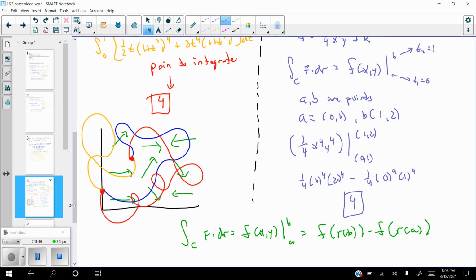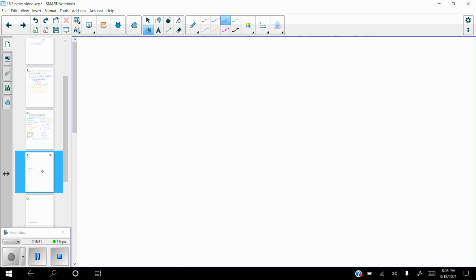So I'm going to put that into actual terminology on the next page here. So we're going to write a sentence about this one. It's going to say, if capital F can be defined as the gradient of lowercase f, then the line integral over C of f dot dr is just going to equal the antiderivative evaluated at r of b minus the antiderivative evaluated at r of a, which again are just points,